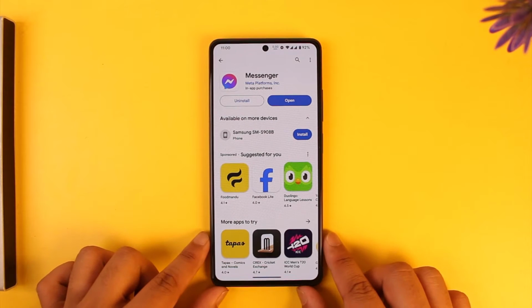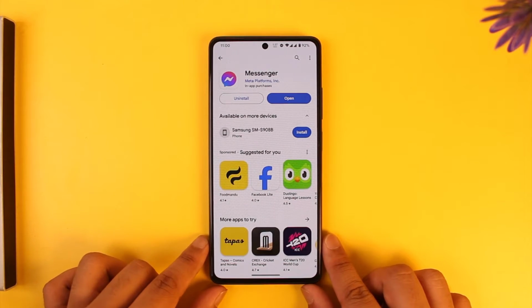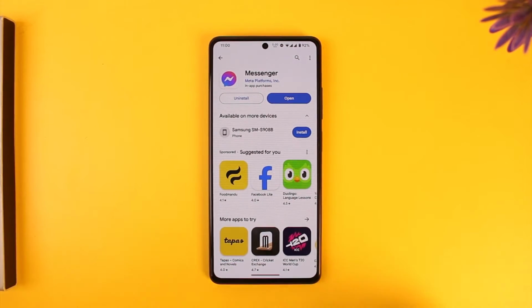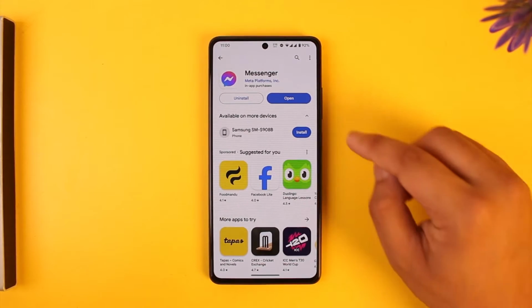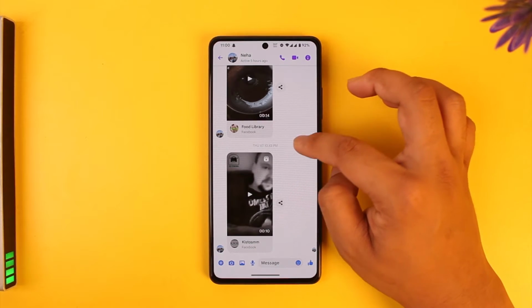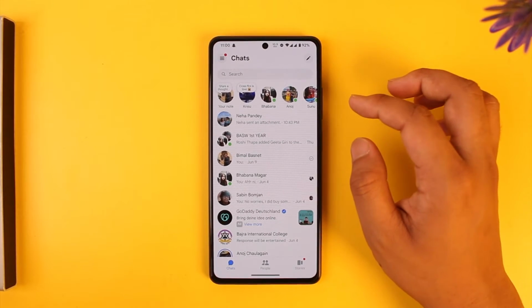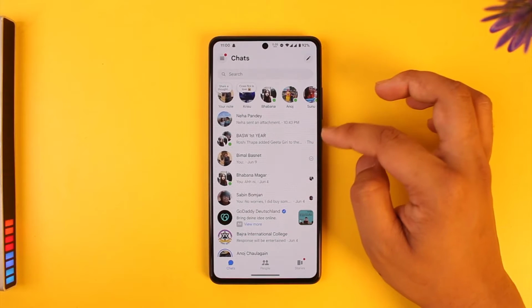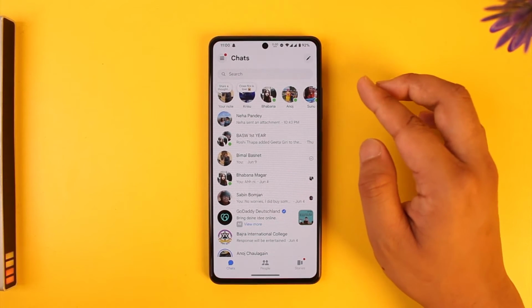In today's video we are going to learn how we can see the unsent photos on Messenger, so make sure to watch the video till the end. If someone sent you a photo and then they instantly unsent it, and then you want to find out what they unsent. Now by default, whenever you're doing this for the first time, this might not be possible for you,